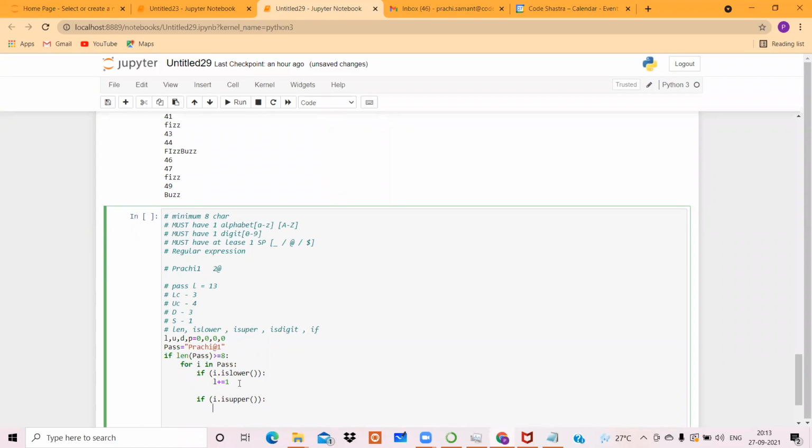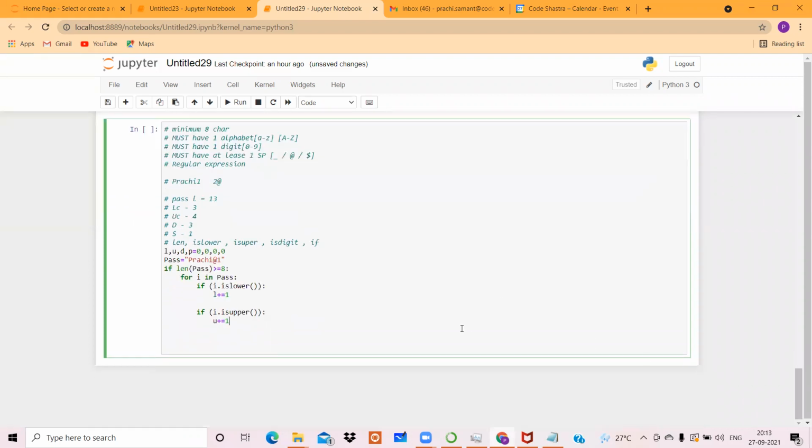अगर वो अपर केस में ट्रैप हो जाता है या फिर अगर अपर केस है वो सर्टन लेटर, फॉर एग्जांपल P इज अपर केस, देन इन दैट केस जो अपर केस का काउंटर है दैट शुड बी इंक्रीमेंटेड बाय 1. सो वी कैन राइट U प्लस इक्वल टू 1. सो इफ दैट लेटर इज नॉट अ लोअर केस देन इट विल चेक वेदर इट इज अपर केस. अगर अपर केस है तो अपर केस का काउंटर 1 से इंक्रीमेंट हो जाएगा.